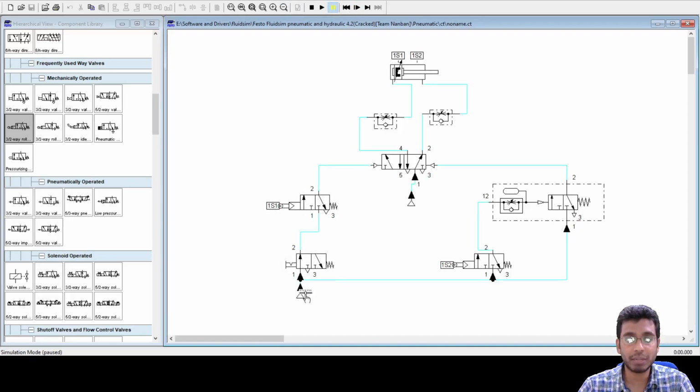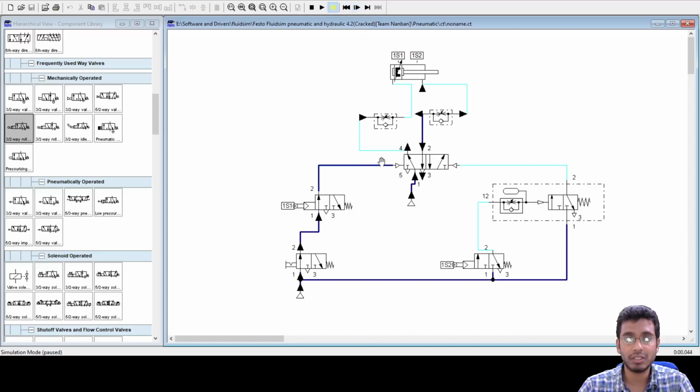So what I do, first I press this selector switch. Now when I press the selector switch, my 1S1 valve, which is actually actuated when the cylinder is in the retracted position. Since this is in the retracted end position, what would happen? This valve 1S1 would get actuated, and this would result in my 5/2 valve getting engaged in the left envelope. That is, your extension cycle will continue.